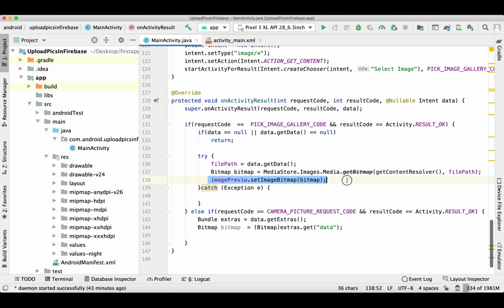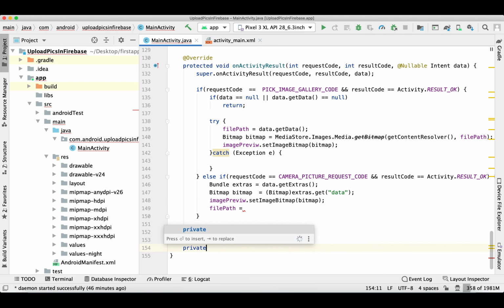And now we'll simply set this bitmap to our image view, but need the path, so we need to write a separate function to retrieve the path of that image.